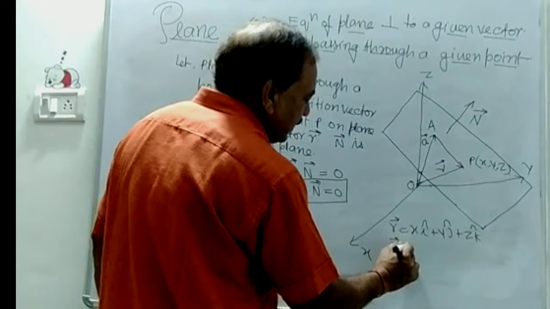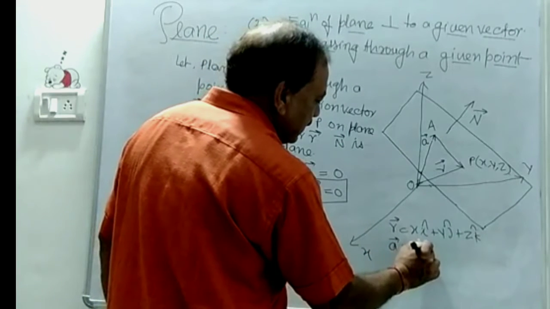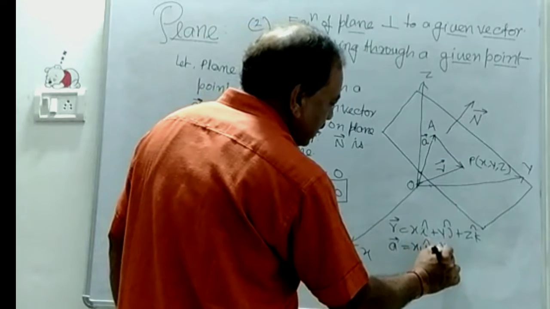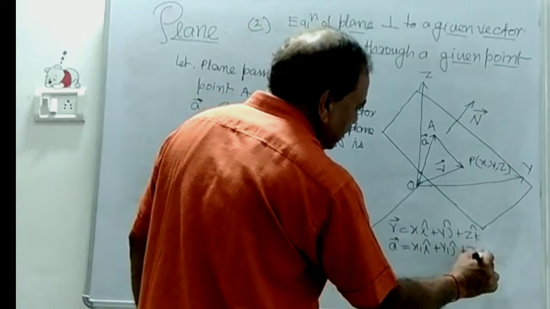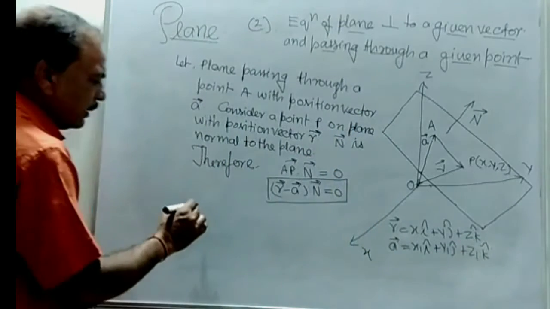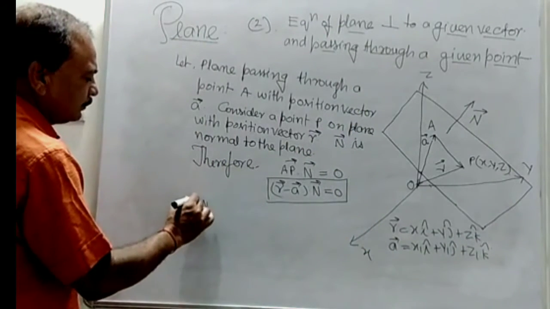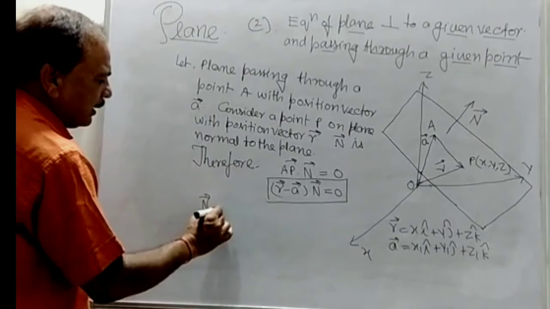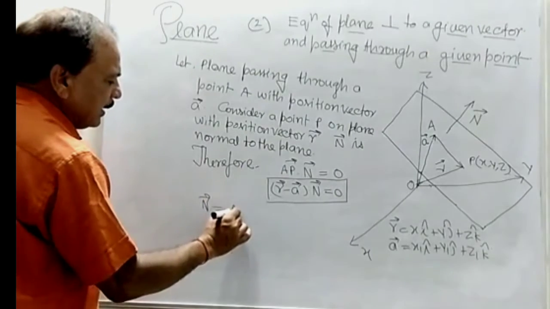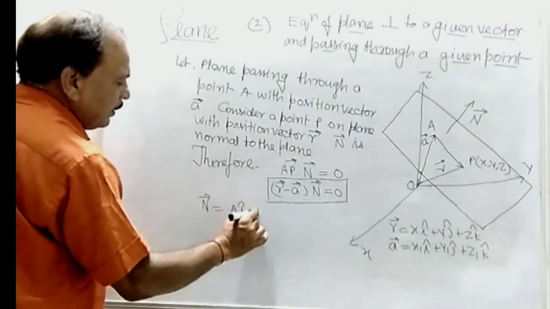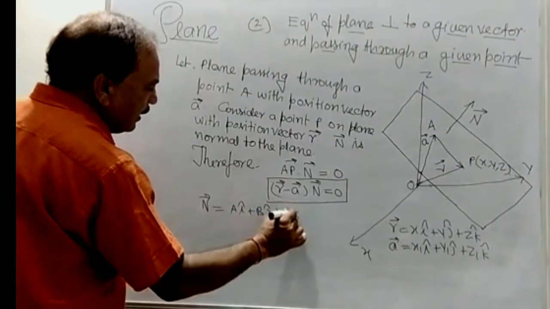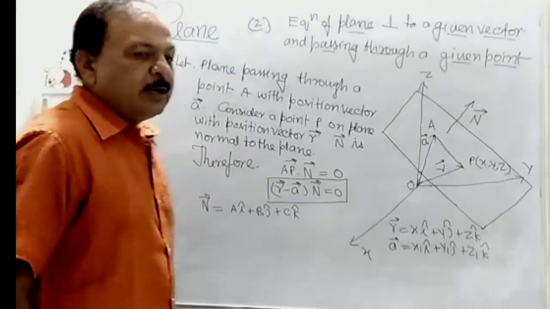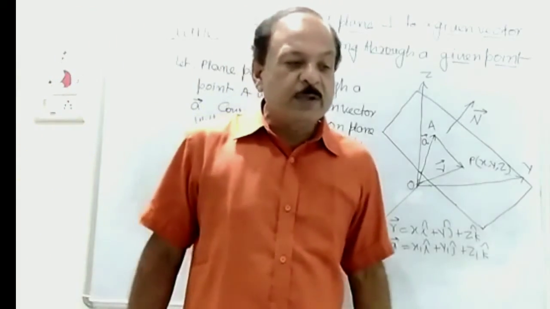Vector A is given, x1i plus y1j plus z1k, and normal vector n is given, ai plus bj plus ck,